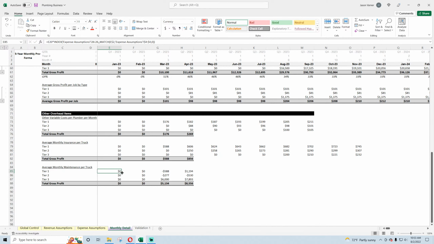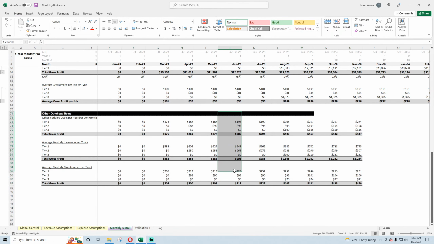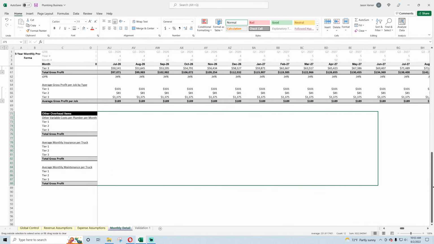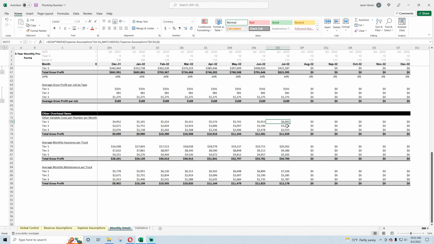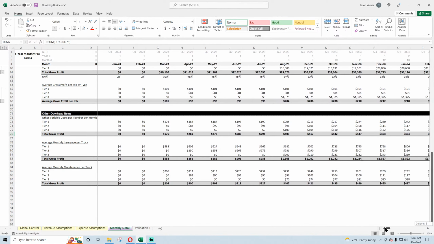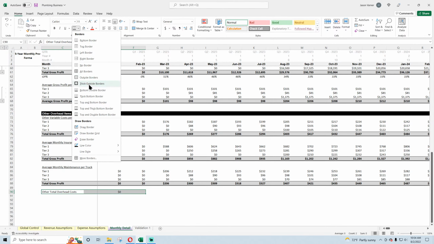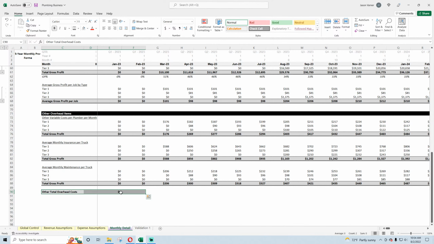Patterns help with not making errors as well. You look at the numbers to see they should obviously be going down. They should match whatever patterns are in the assumptions. Okay, so we have other total overhead costs. Go top, thick, bottom. And then you can really see